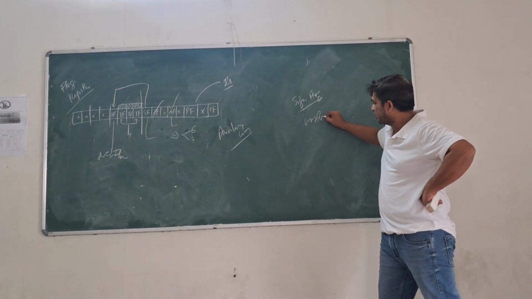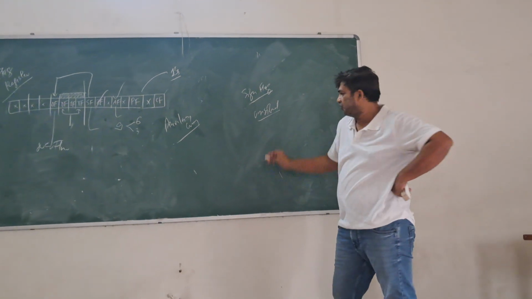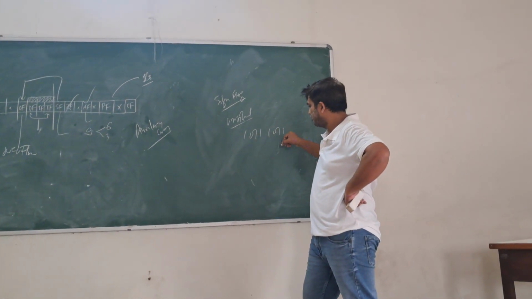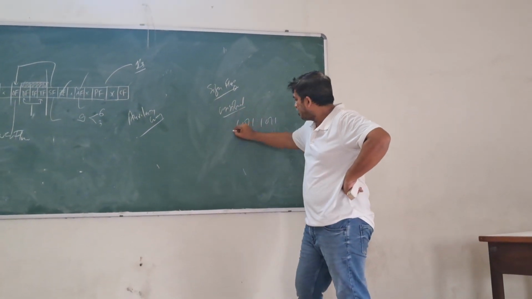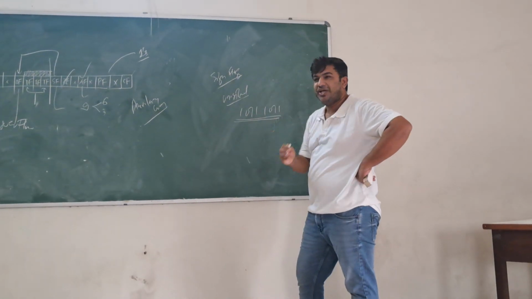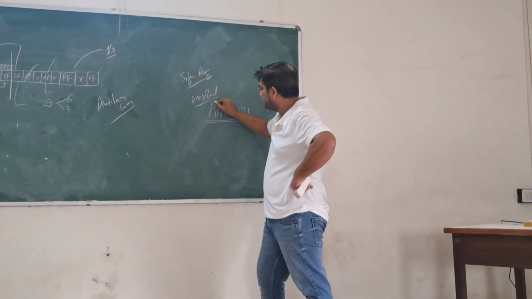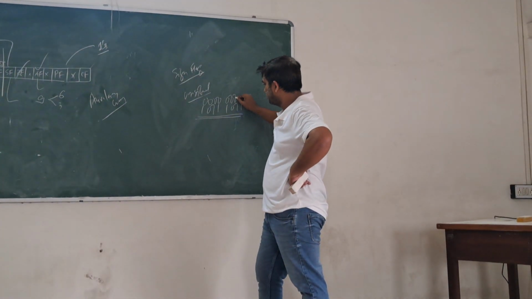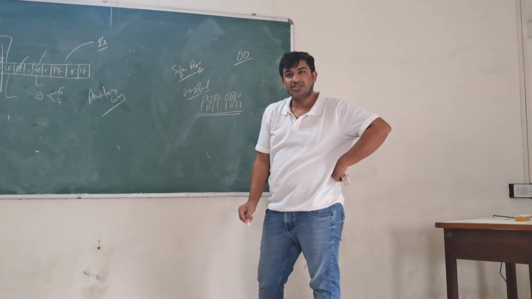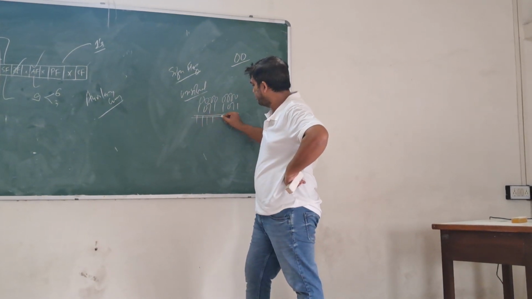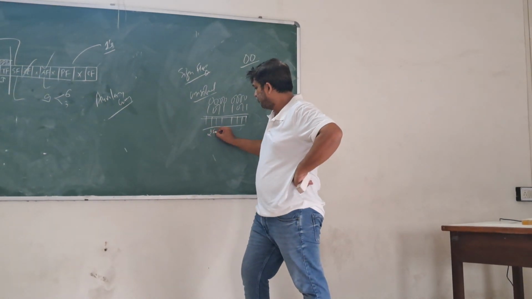First of all, there are two kinds of number. One is unsigned number, right? So in unsigned number, this is not the case. Suppose I am having an 8-bit number 1011 1011. If this is an unsigned number, all these 8 bits are used as magnitude. So count the number. What is the minimum number? 0 0 0 0 0 0 0 0. This is my lowest number. What is my maximum number? 1 1 1 1 1 1 1 1. This is nothing but 255.